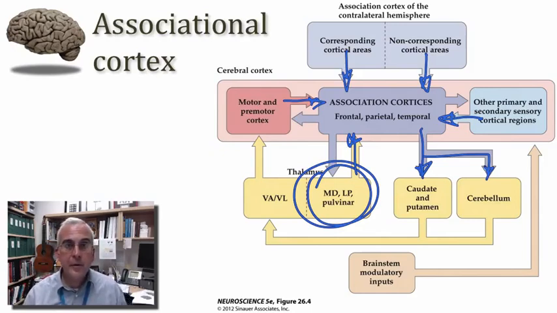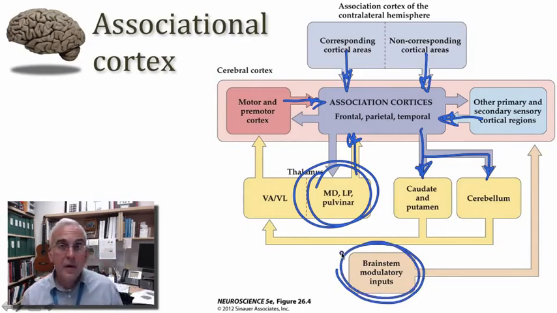So one last source of input to the associational cortex that I would highlight here are the inputs that are derived from our brainstem modulatory systems. And so what I have in mind here would be, for example, the noradrenergic neurons of the locus ceruleus, the serotonergic neurons of the raphe nuclei, and especially now for the prefrontal cortex, the dopaminergic cells of the ventral tegmental area. All of these brainstem systems have widespread projections to the cortex, and they can provide an important modulatory signal